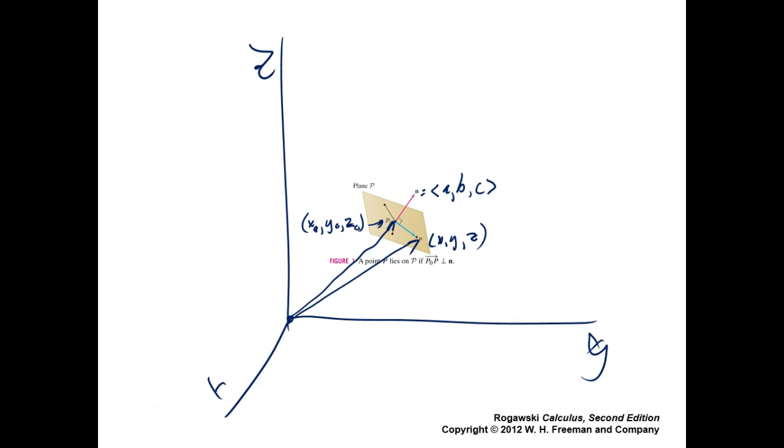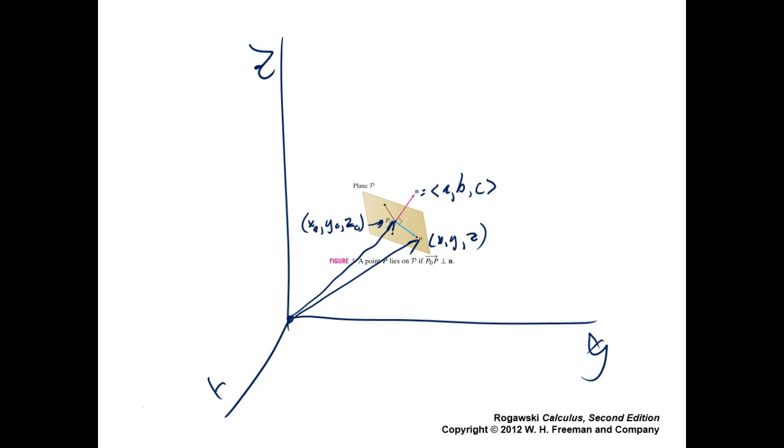If you extended this red line down like this, that's also normal to it. And then what would happen? The components then of that, the negation of that, would be negative A, negative B, negative C. That's just everything going in the opposite direction. And then you could say the same thing, that the dot product of that and that previous one that we did,